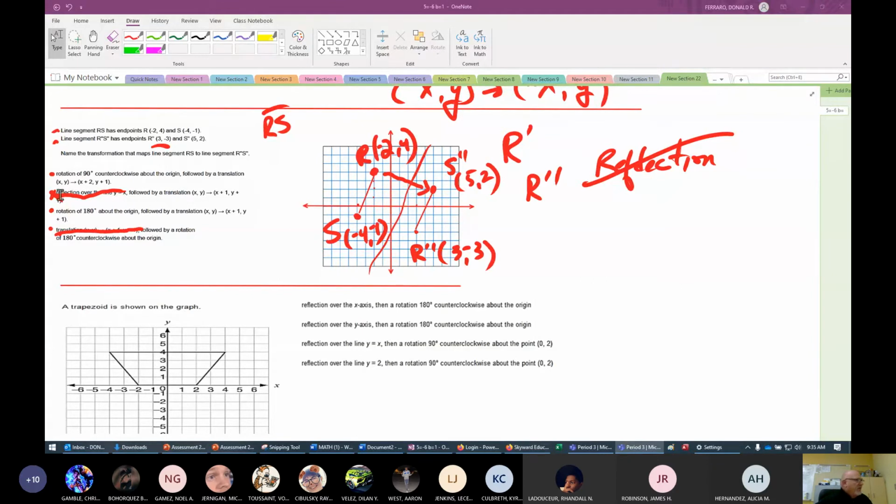Okay. So we've eliminated the reflection and we've eliminated the translation. That leaves us two options: a rotation of 180 degrees or a rotation of 90. So let me clean this up just a little bit. We now know that the translation doesn't work and the reflection doesn't work. So now we're talking about a rotation of 90 degrees counterclockwise. The way that I like to rotate points